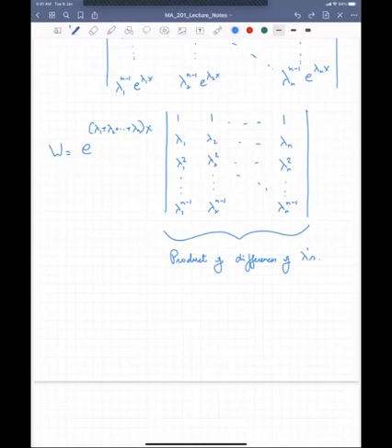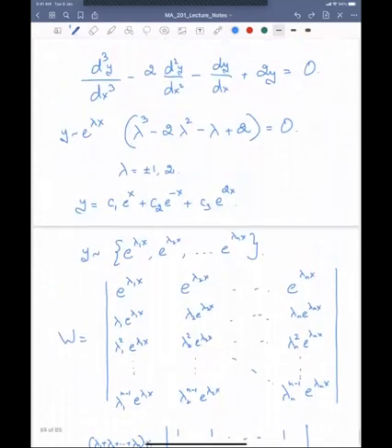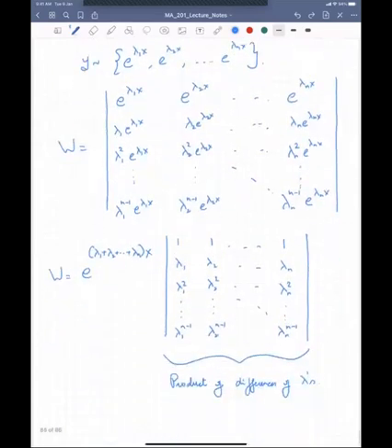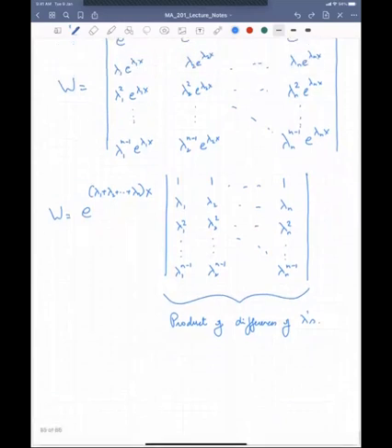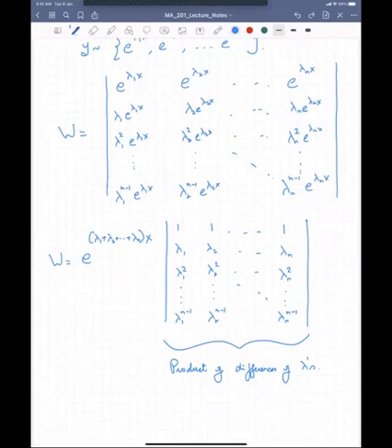We have to look at cases where you have repeating roots, and in that case, of course, the e to the lambda x's won't be the solutions. I will just say this in words, and we will talk more about this in the next lecture. Suppose I have lambda 1 repeating 3 times and lambda 5 repeating 2 times. So let us say the roots are, for example, 1, 1, 1, 2, 3, 3, 4, and 5. Then corresponding to the roots 1 and 3, which are repeating, your solutions will have to be slightly more complex. In this case, you would have e to the lambda 1 x, x e to the lambda 1 x, and x squared e to the lambda 1 x, corresponding to the three